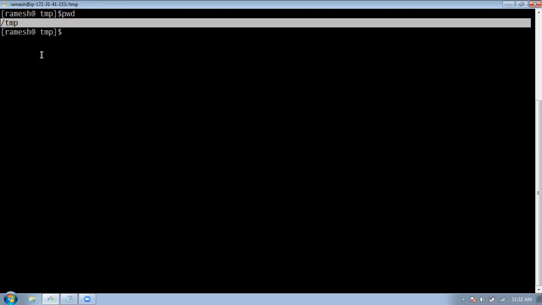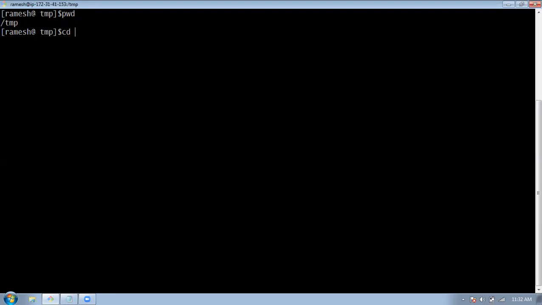I want to change from here to some different directory, from temp to another directory, home, for example. Here I have provided the complete path from root, so I am able to navigate. Let me see now. I am inside this directory now.